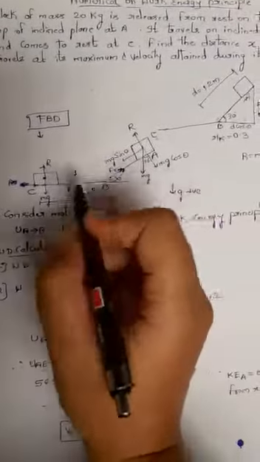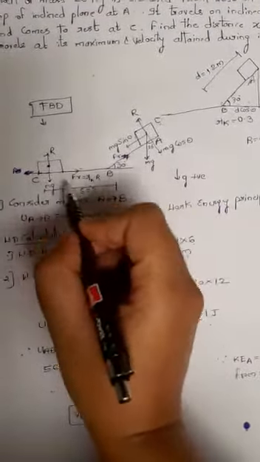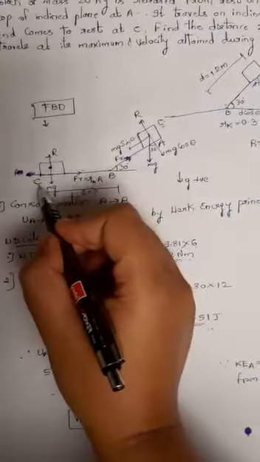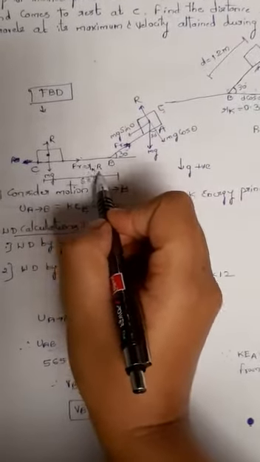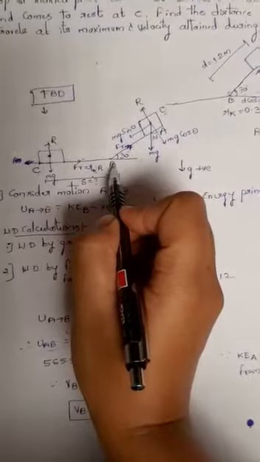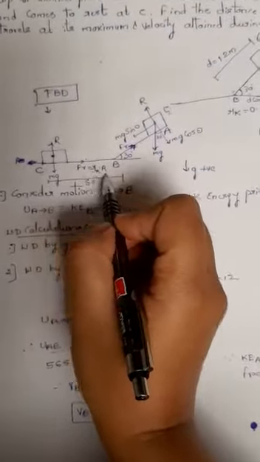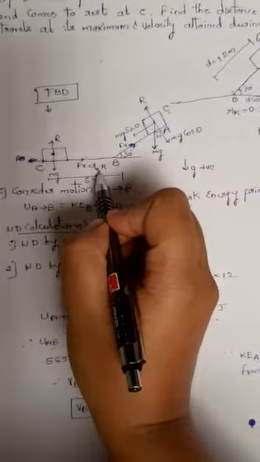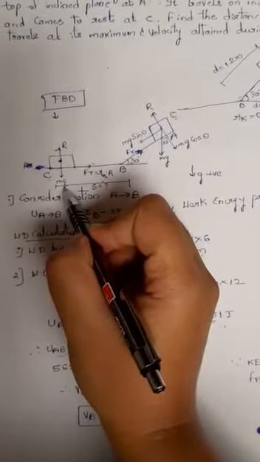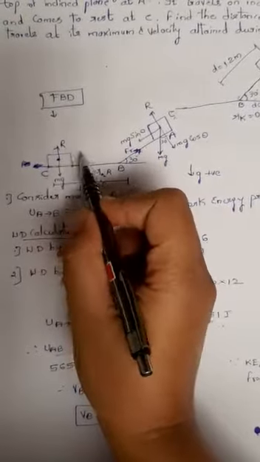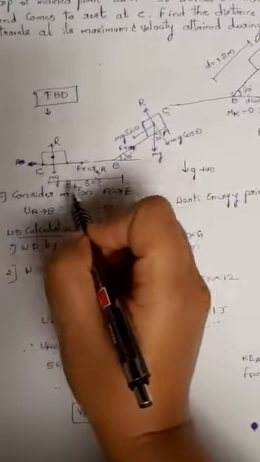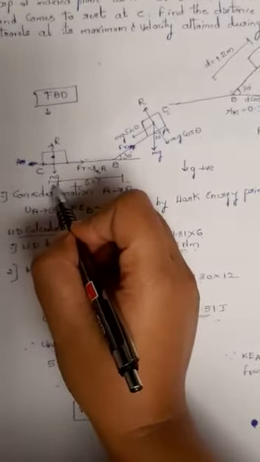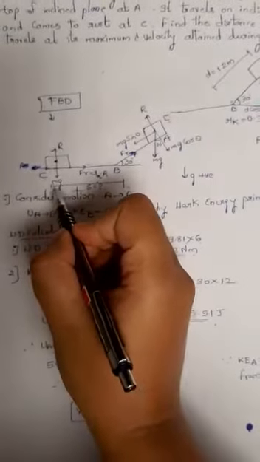While considering the motion from B to C, you can observe that the motion from B to C is on a horizontal plane. So there is no work done by gravity, and you only consider the work done by the frictional force. Is there any frictional force acting here? Yes, because the block moves from B to C. So work is done only by the frictional force here, and R is equal to mg only. The theta value is 0 because the block is on a horizontal plane. Here I need to calculate the total displacement from B to C, and it is clearly mentioned that the block will come to rest at C.